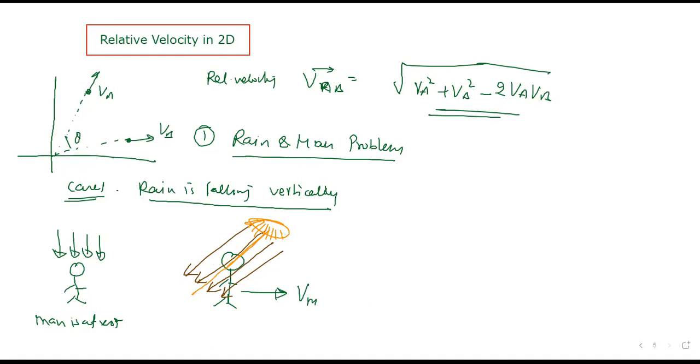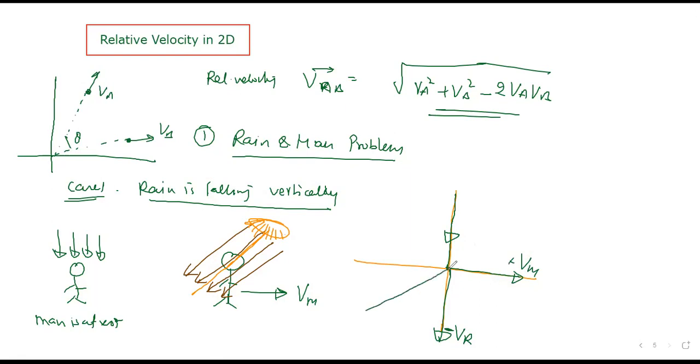Suppose I represent this graphically, then how will it look? That will be simpler. Suppose these are the coordinates. The man is walking horizontally, so I show the velocity of the man as V m vector in this direction. And the rain is falling vertically like this. I take the rain component here, V rain, and this is negative, keep in mind, falling downward. So if you add these two vectors, this is a negative vector and that is a positive vector, keep in mind.